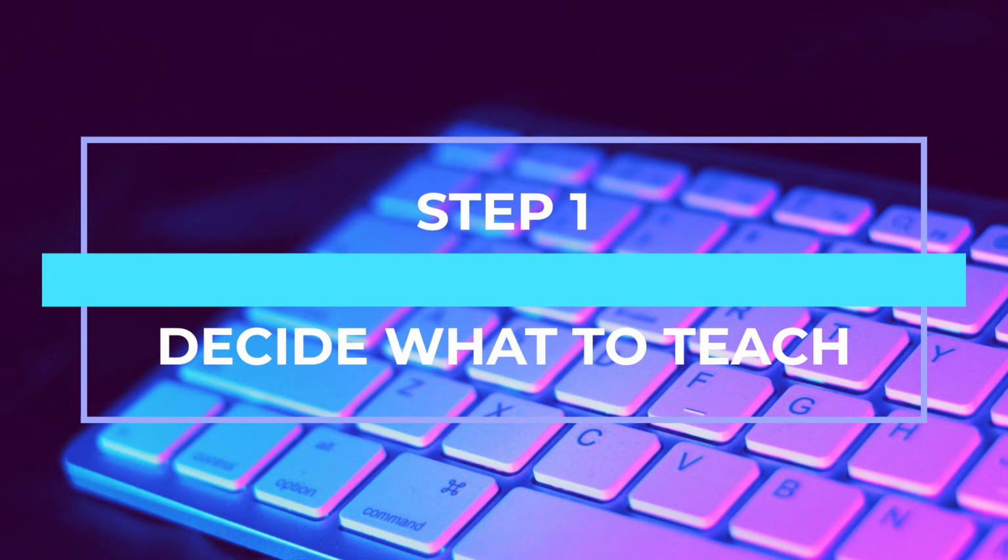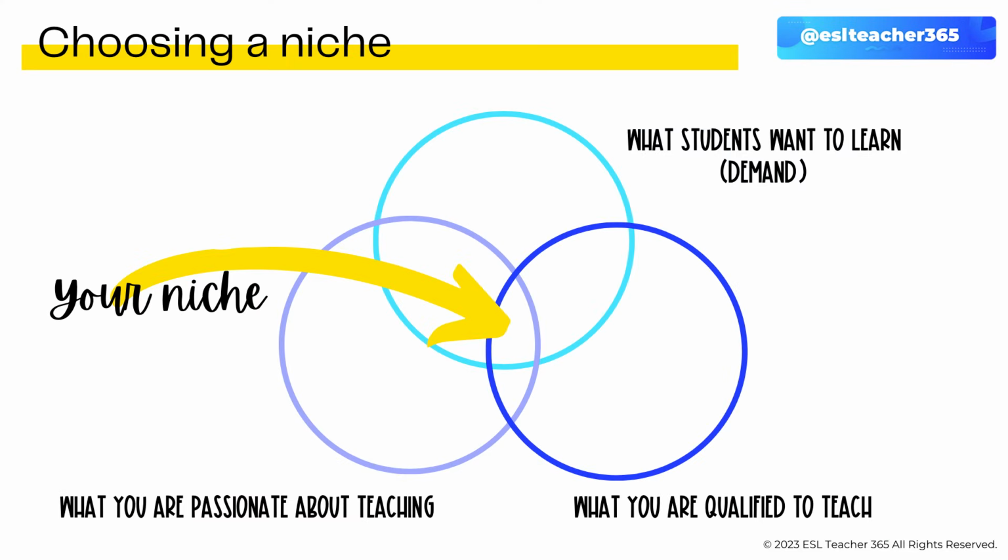The first step is to decide what you want to teach. This is something that we typically call your niche or your topic area. To choose this, you will want to look at what you're qualified to teach, what you're passionate about teaching, and what is in demand. If you're not sure what's in demand, you might need to do a bit of market research, maybe look at some online teaching marketplaces or tutoring platforms and look at which type of classes are the